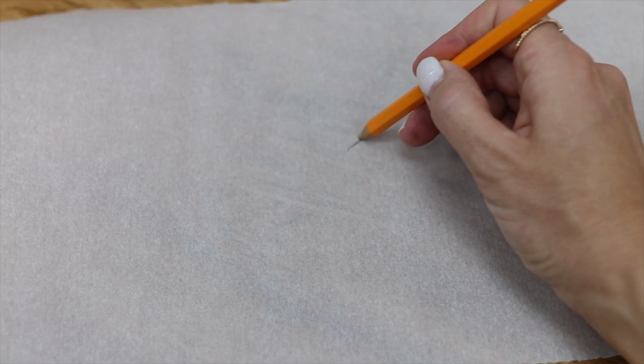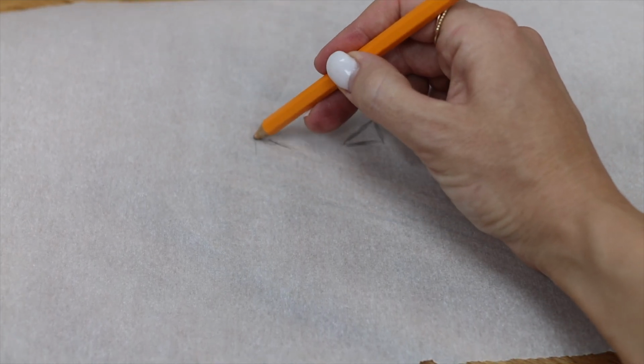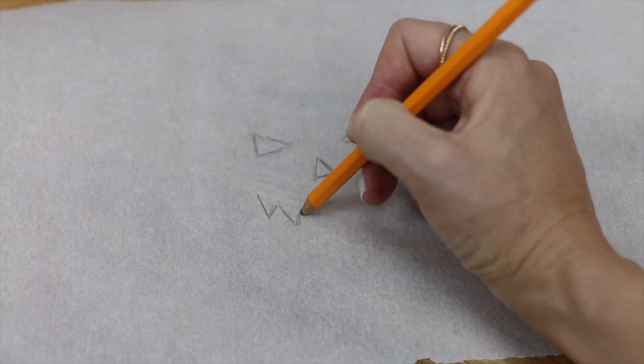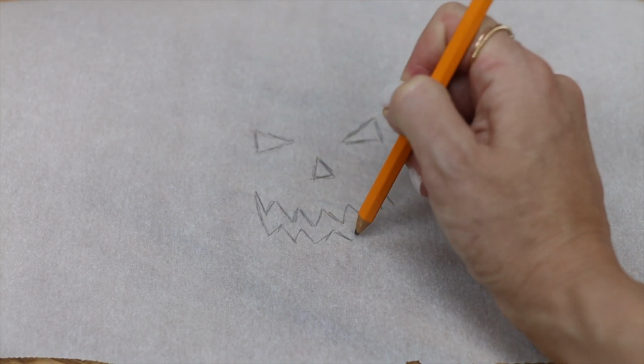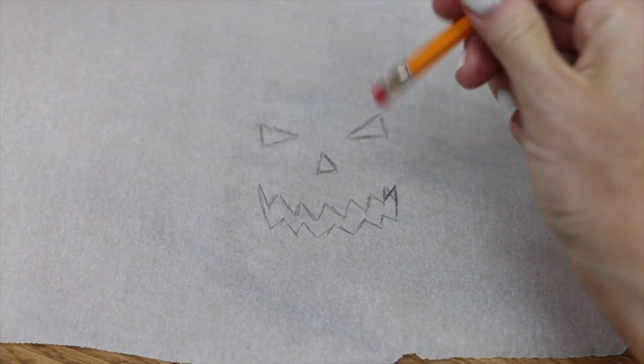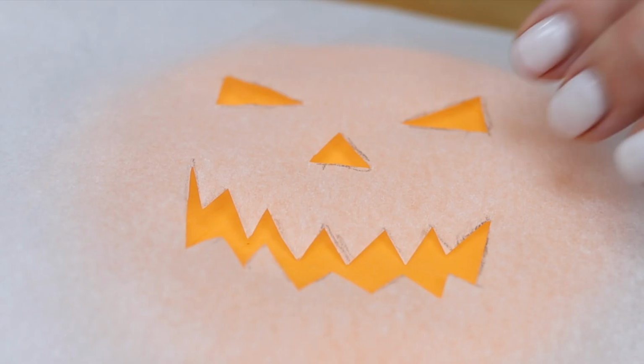And meanwhile, make your own cake stencil using a piece of parchment paper or wax paper or baking paper. Draw a jack-o'-lantern face with a pencil, which is the easiest to use on parchment paper because pen doesn't work very well because of the coating on the paper. Cut the design out, and when the frosting on the cake is firm, place the stencil on top and spread